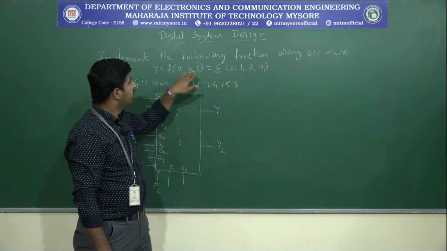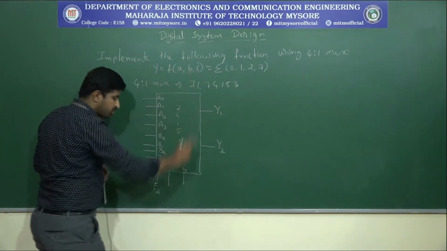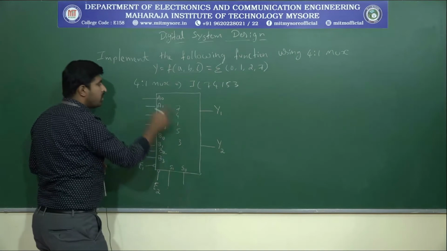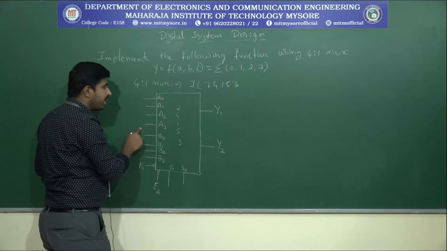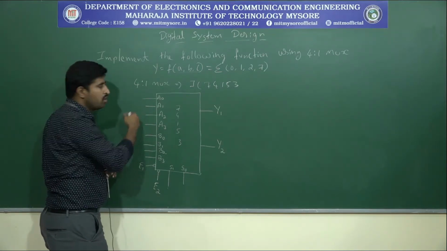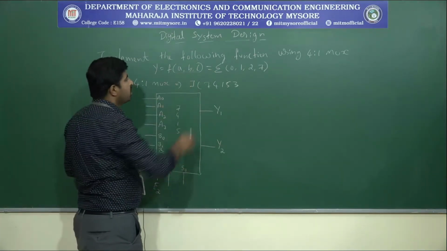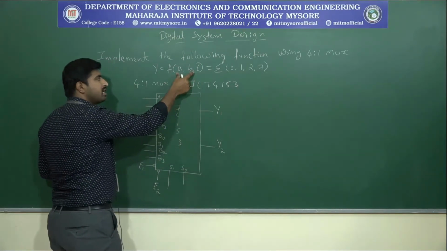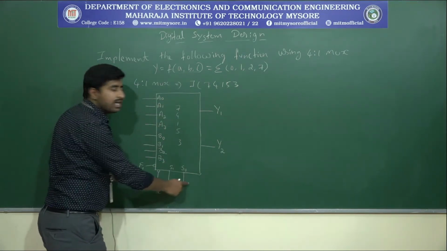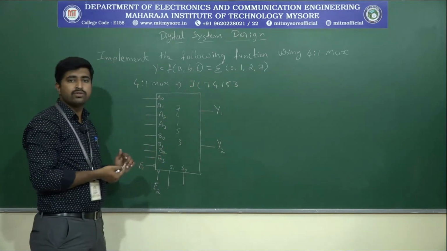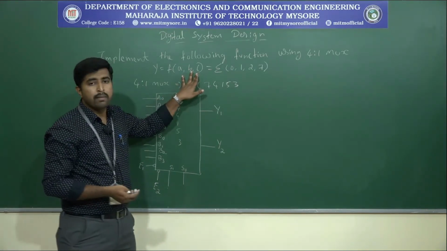Earlier, if the function was two variable, we connected the two inputs to the select lines A and B. According to that, whatever the output should be, whether logic 1 or logic 0 is needed, we made the inputs A0 to A3 logic 1 or 0, and so we implemented it. But here we have three variables. As already said, the starting variables from the MSB will be connected to the select lines. Then the remaining variable will be used as an input. That variable is called the map entered variable.